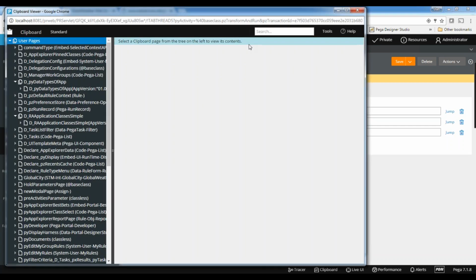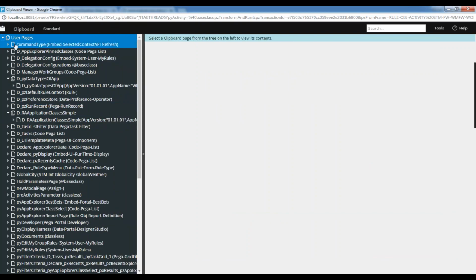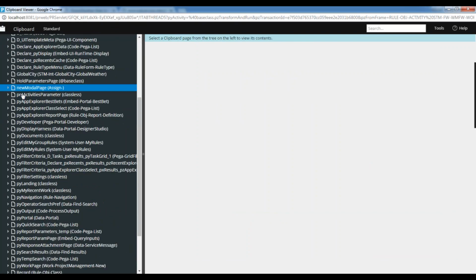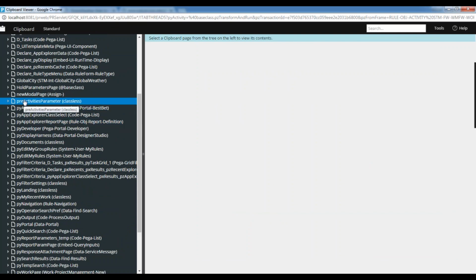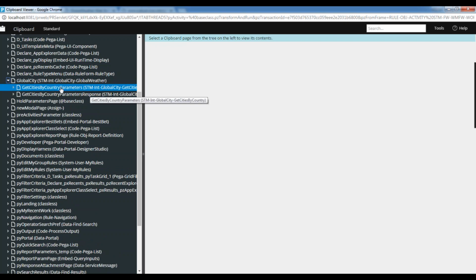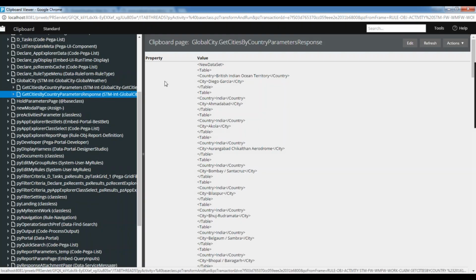If it is running properly, I am just sending the request, so I should get the response in the clipboard. Go to global city, here it is. Seems like the response is also coming. This is the request class, request parameters. I am setting India, the request is coming. You can see the response is coming.